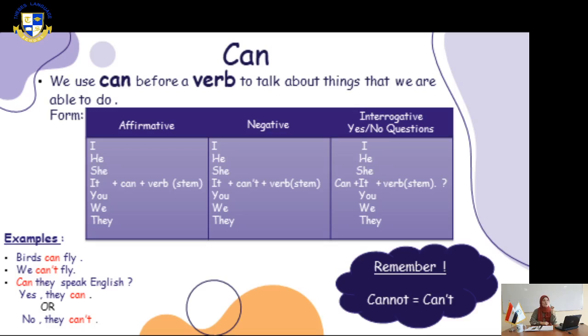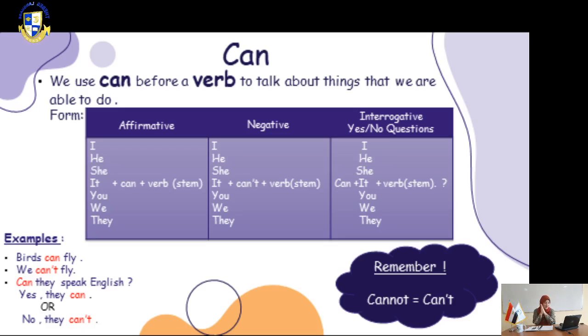He cannot or he can't. She cannot or she can't. And after can or can't, we put the verb as it is in infinitive. She can't fly, for example. Okay? In the interrogative or in the question form,